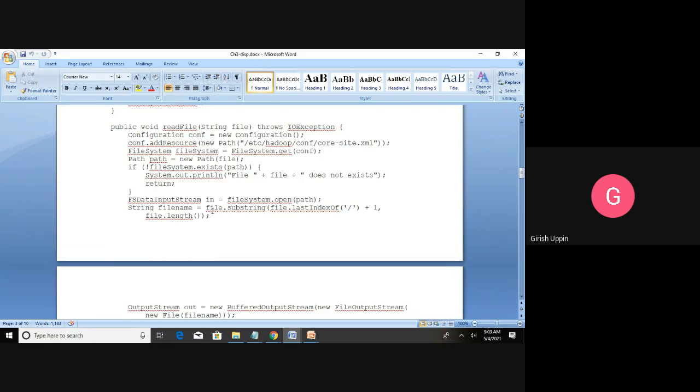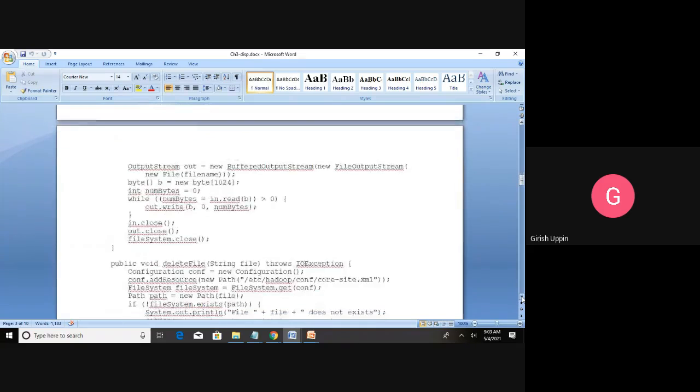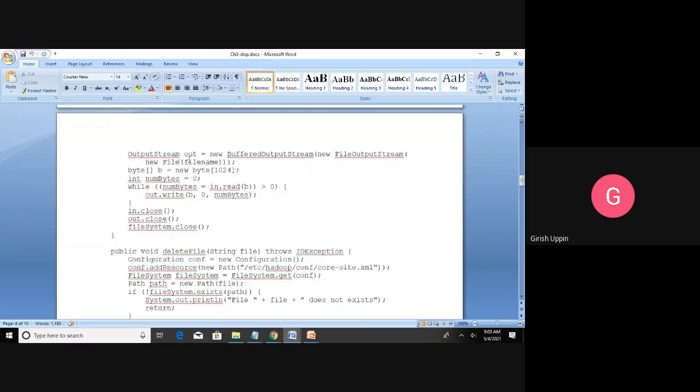Here we are creating an output stream using BufferedOutputStream, and we are passing a new FileOutputStream, and to that we pass a new File with the file name we have extracted.